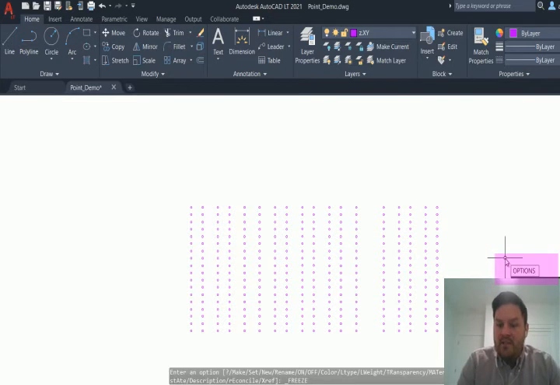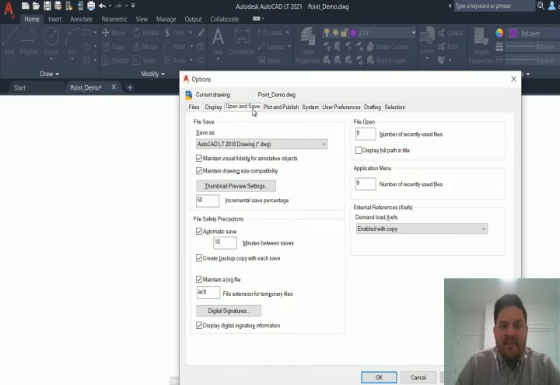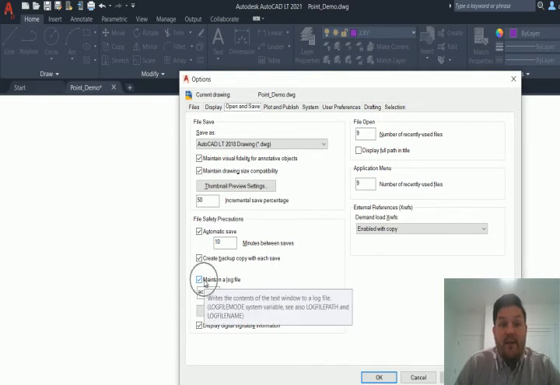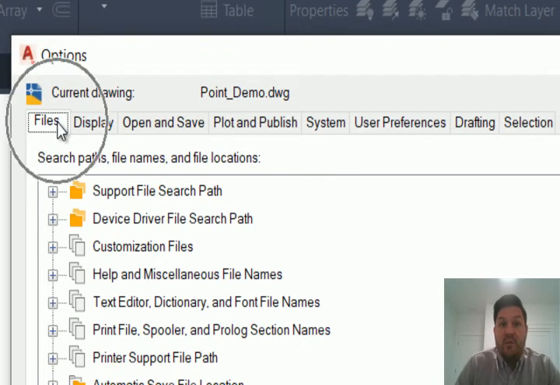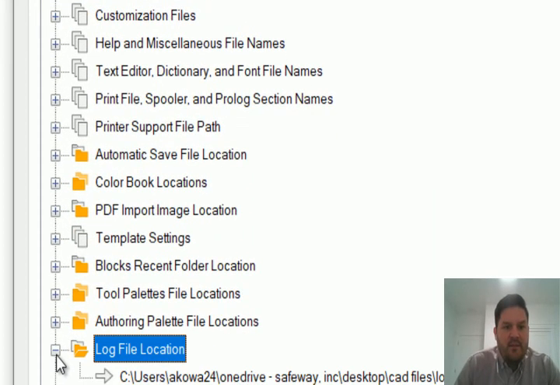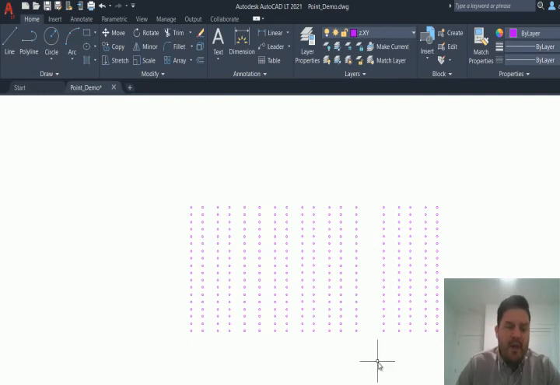I'm going to type the options command, hit enter. First, we're going to go to open and save, that tab that I mentioned. It's the third tab from the right, and maintain a log file. So there, we want to check that box. Then you'll go to files, which is the first tab, and towards the bottom, expand on log file location. And then you'll just select the folder that you want your sessions to drop their text files into. I just have a folder on my desktop, CAD files and then log files. So I'm hitting cancel because I already have it set up, but you would enter that and hit apply. Okay,